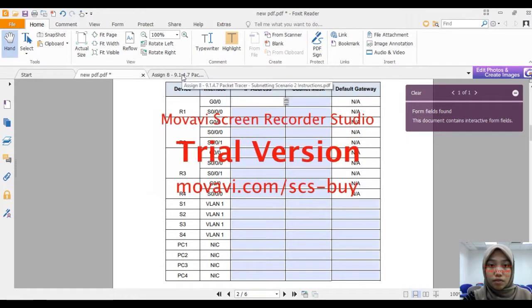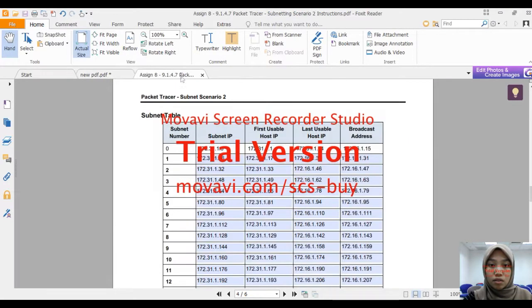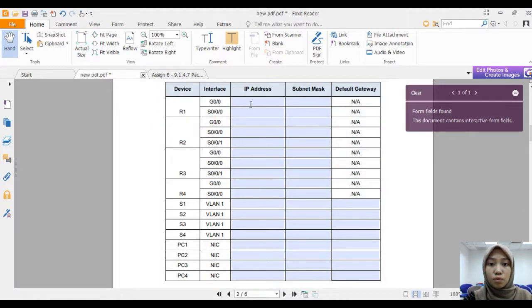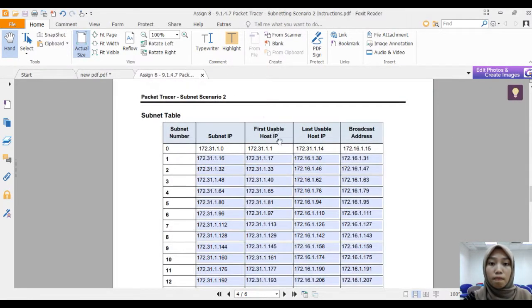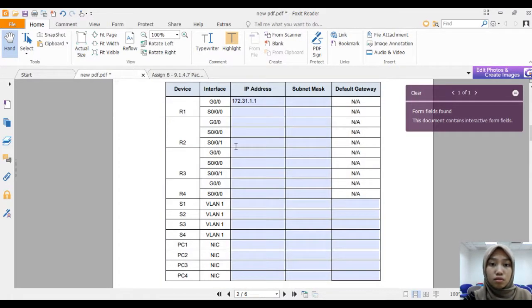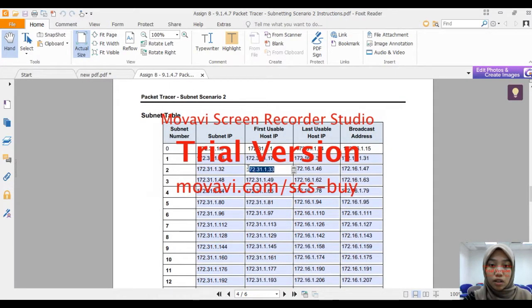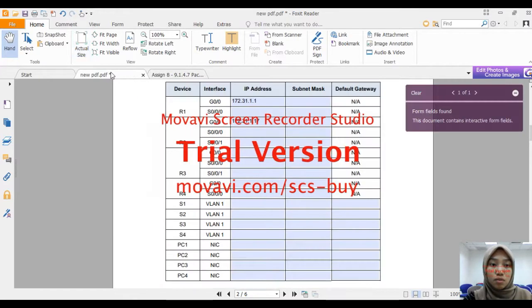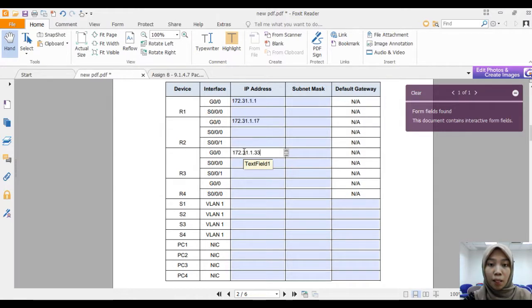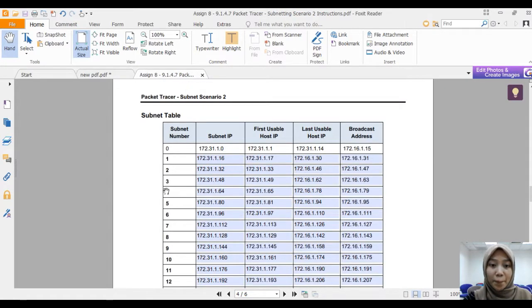IP address for R1 is here. Just put here. For R2 LAN, R3 LAN, we put in the following table. And for R4 LAN,